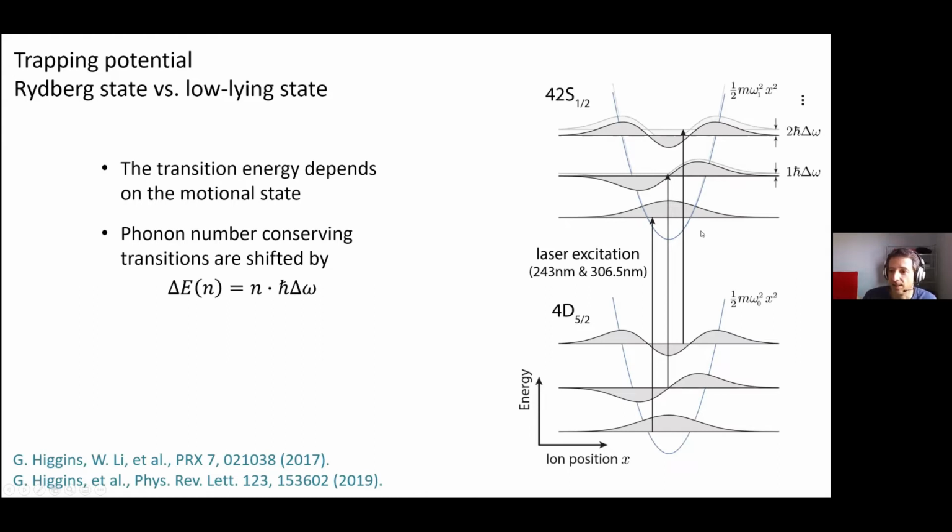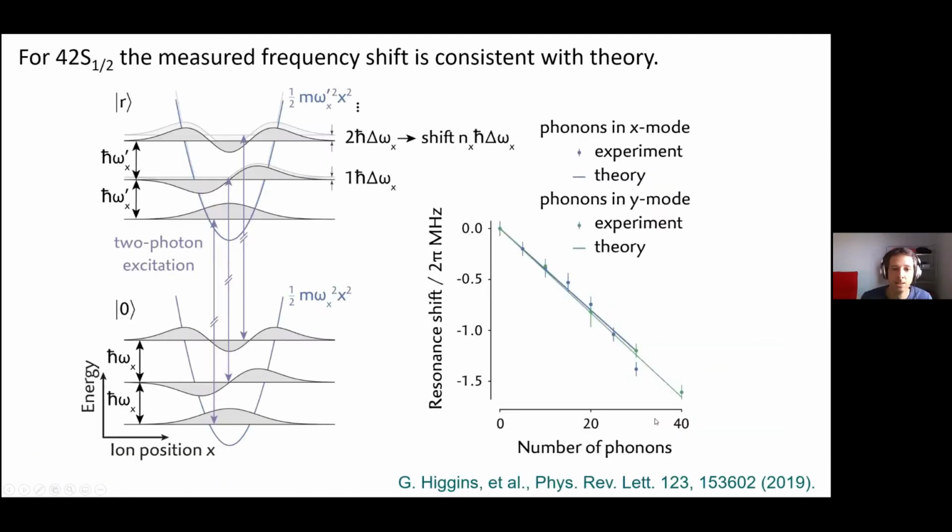Since these wave functions are still very similar to the wave functions down here, you almost only have transitions from 0 to 0, from 1 to 1 and from 2 to 2, because the other levels are more or less orthogonal to that. If you multiply this wave function with that, it's almost 0. So what we will see are different transitions from 0 to 0, from 1 to 1, from 2 to